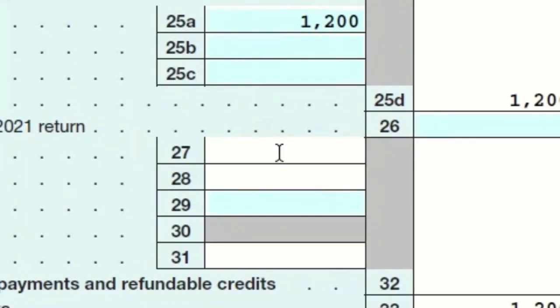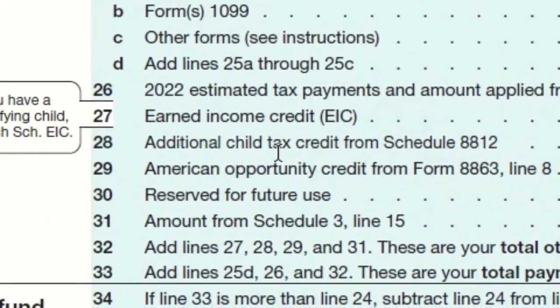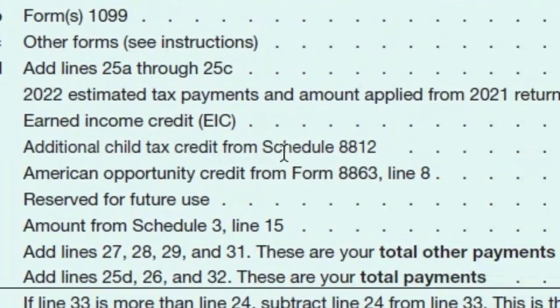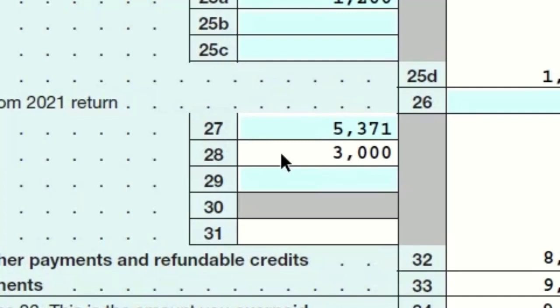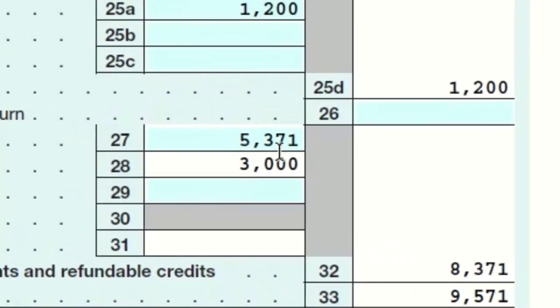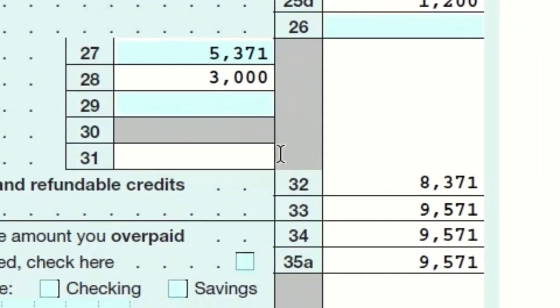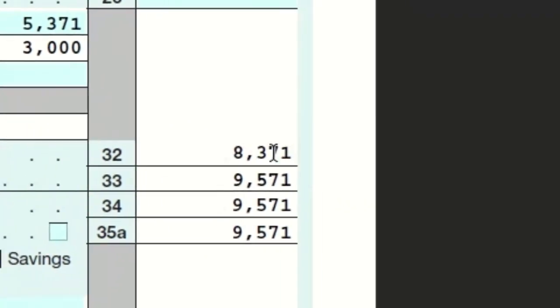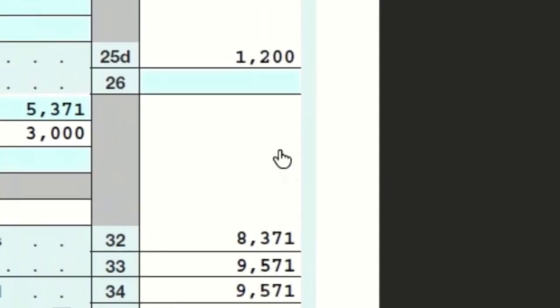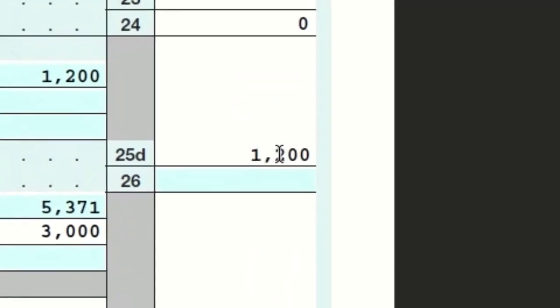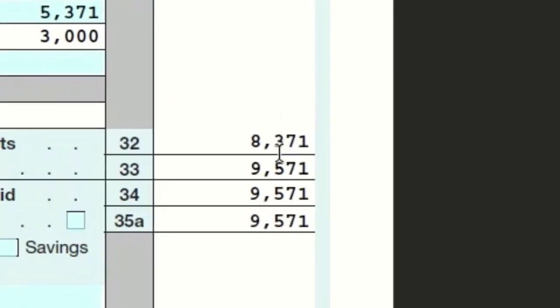That goes on line 27. $5,371 goes right there. And then in addition to that, we have an additional child tax credit, which goes on line 28, $3,000. So the sum of those two goes down to line 32, $8,371. And we have this, you remember this withholding, $1,200. The sum of those two is